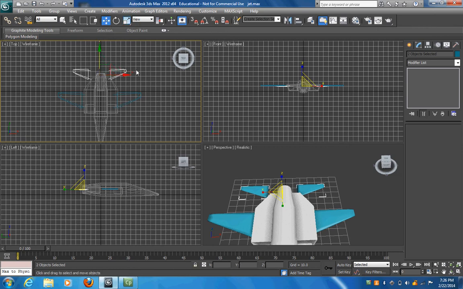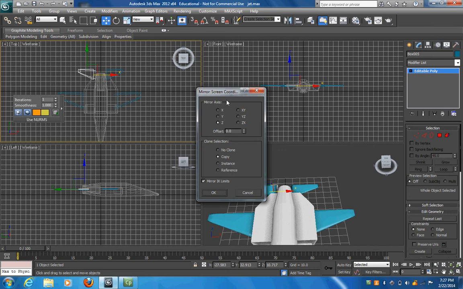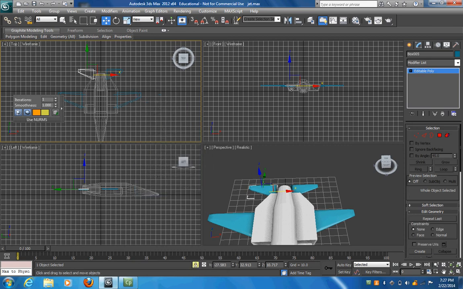Gotta unlock it. And I can move that to where I want it. It gives me a pretty neat look as far as my tail goes. Then what I can do is actually go in and create my rudders the same way. I can go here with one selected, click on copy, click OK, lock that, and now from my top viewport I can click rotate,